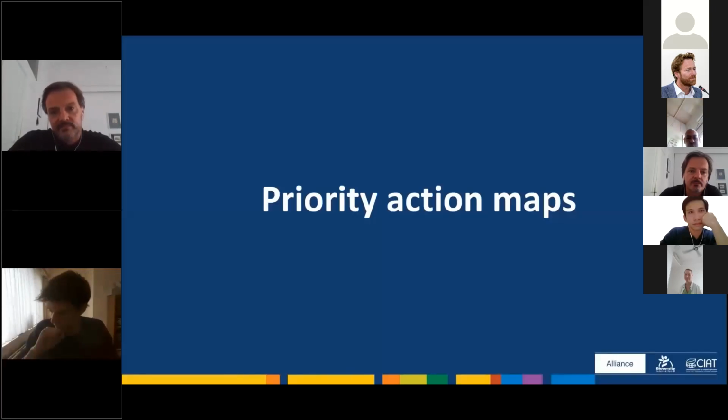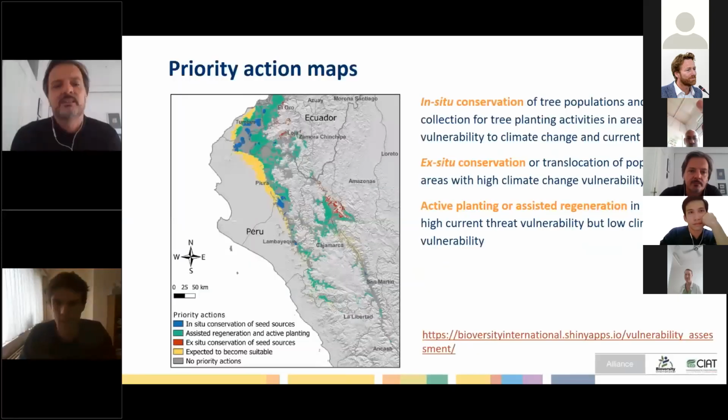Then, using these vulnerability maps, we made priority action maps showing areas recommended for conservation and restoration. And we did that like this. So here you can see an example of such a map for Lucina species of the dry forests of Peru and Ecuador. So we then recommend for each of the